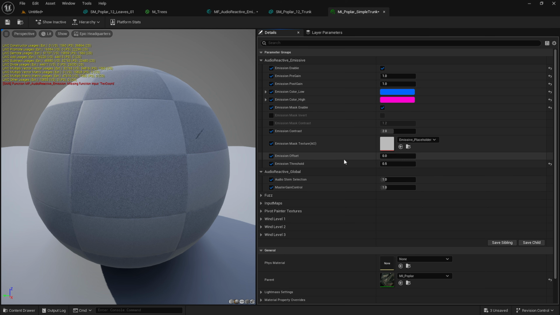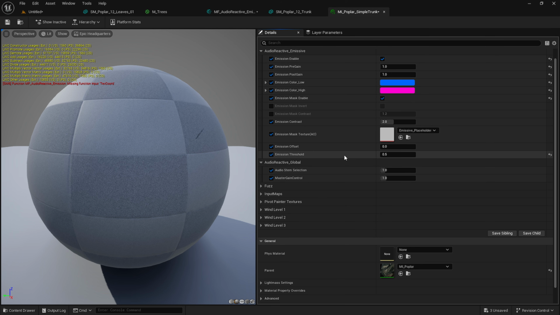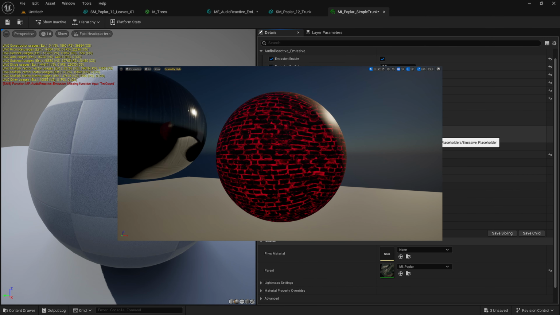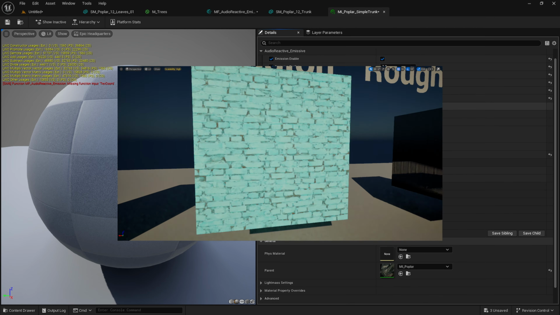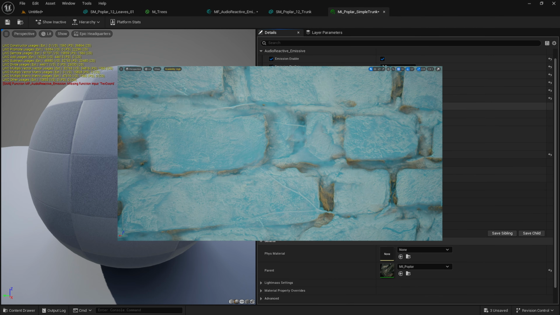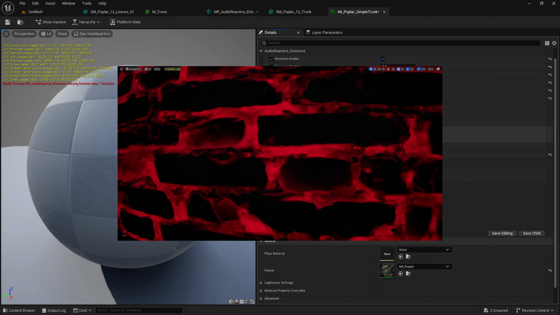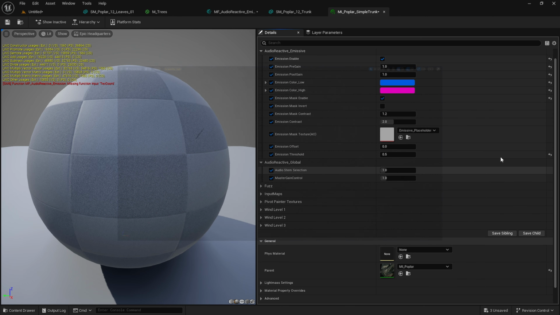So it's pretty simple, and you have your mask contrast and you have your mask invert, and both of these are demoed in the material demo level, where I have a brick wall where the bricks emit only, and then when this is inverted, just the grout between the bricks will emit. So that's kind of what this will do. And yeah, this is how you get a lot more realism out of your emission reaction.